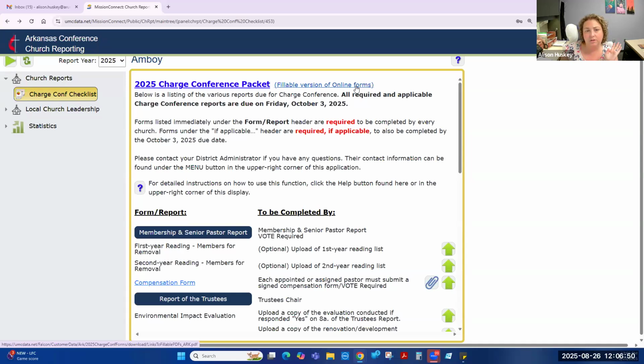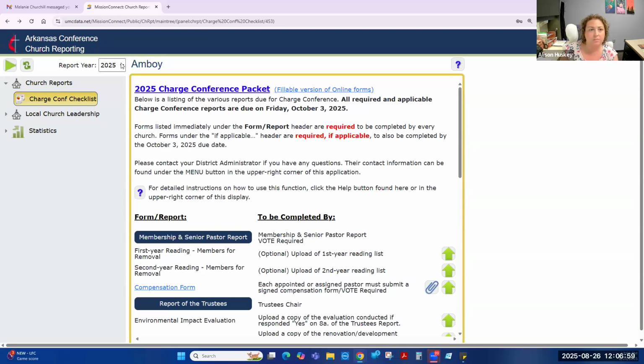Say it's 2026, but you need to see your forms from last year. You'll be able to log in and see your forms. We only have 24, 25 right now. 24 does not apply to this. That applies to consultations and statistics, because this will be our second year doing those in this database. So if you need to see your forms from 2025 next year, you can just come in here, click that. You won't be able to make any changes, but you can look at them, print them,